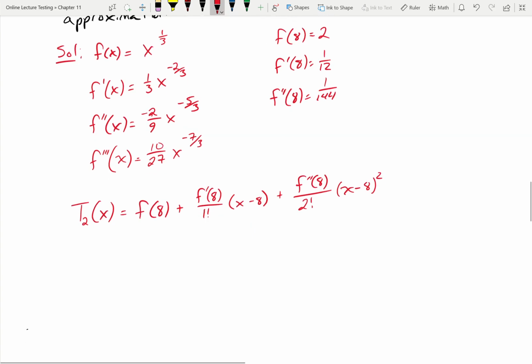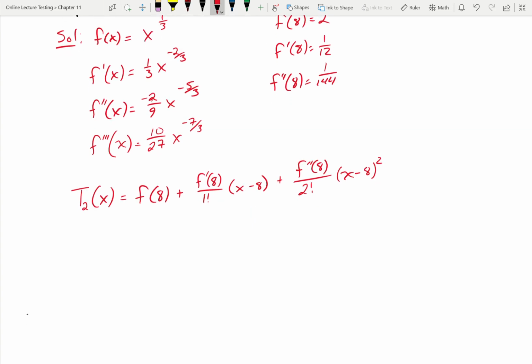All right, so notice now the largest power of x is going to be raised to the second power. So this is my Taylor polynomial of degree 2. So we're saying this is equal to 2 plus 1/12 (x minus 8) plus, and since we had left my negative off, negative 1/144 divided by 2, so negative 1/288 (x minus 8)